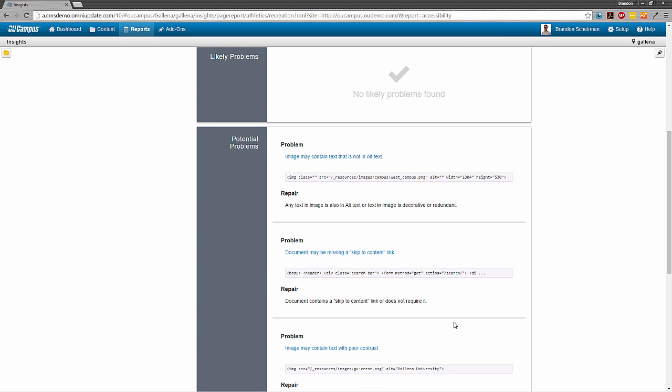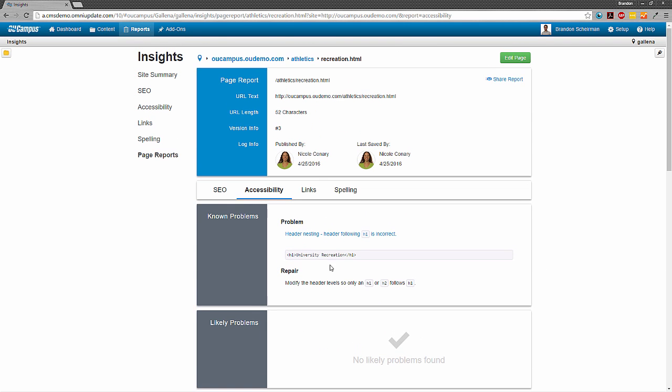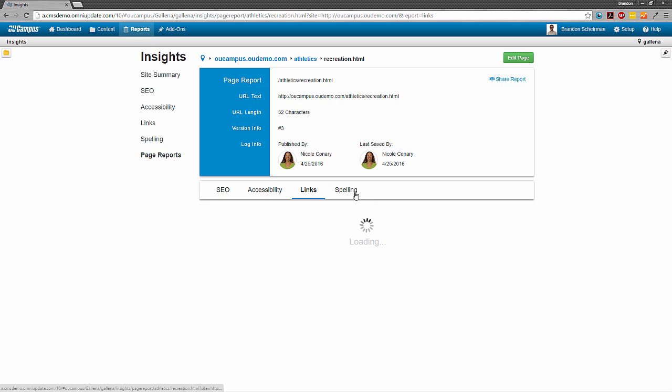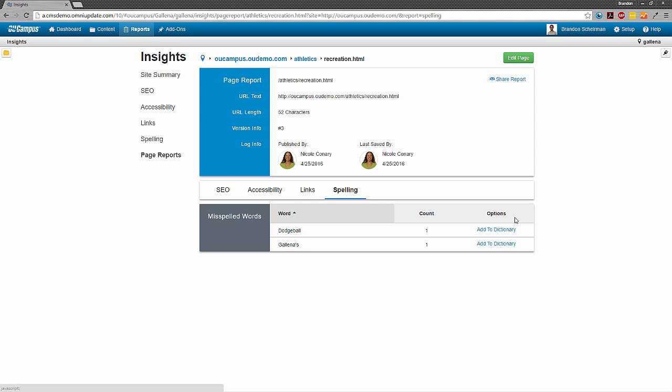There's so many hypothetical situations that could cause problems that if we tried to list this for an entire website, it would be just huge. So that's why we're only doing it at the page level here. Once again, same thing like links and spelling. All of this is going to be listed on a page-by-page basis, and it's essentially the same information you would get if you were running Final Check and you were working on the page itself.